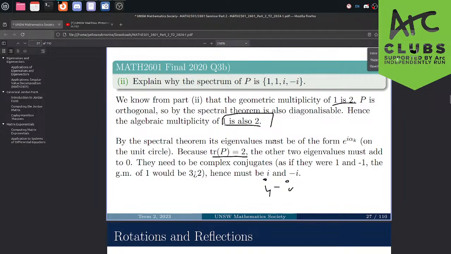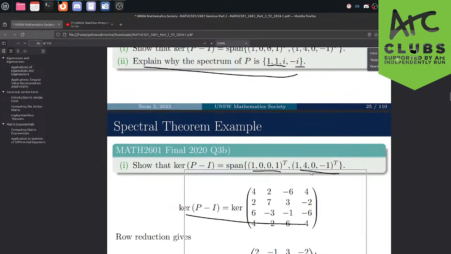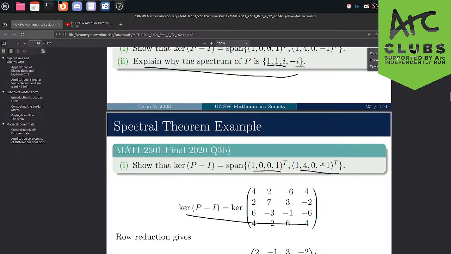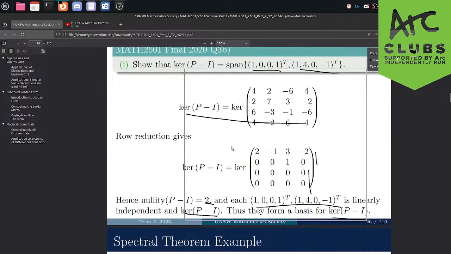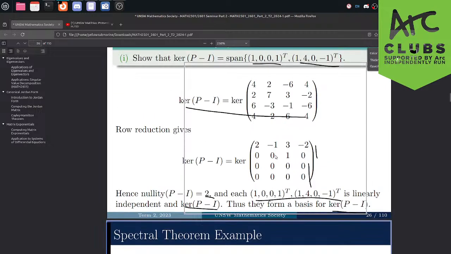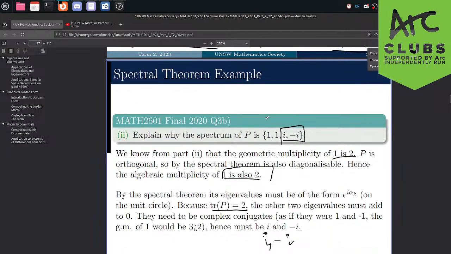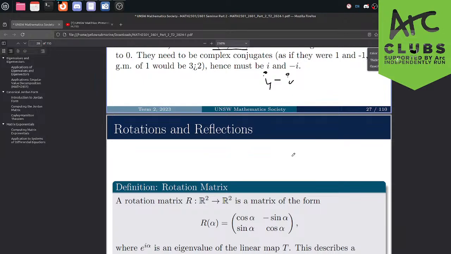Nice. You can actually also just work with (1, 0, 0, 1) and (1, 4, 0, -1). So from before, show directly their eigenvectors, show they're linearly independent, so you solve part I. And then you can try and solve part II by finding these 2 eigenvalues and then going back here and concluding the geometric multiplicity must be 2. But all of this is fine. This is also a good way to do it.